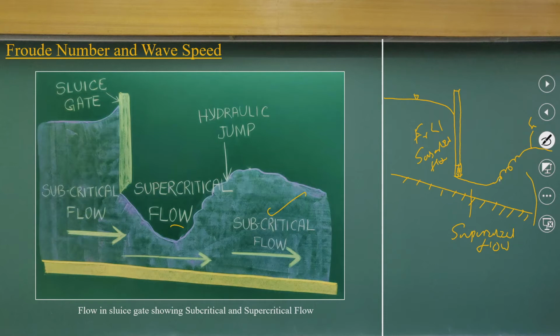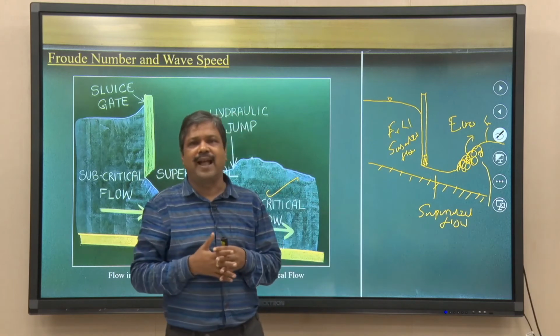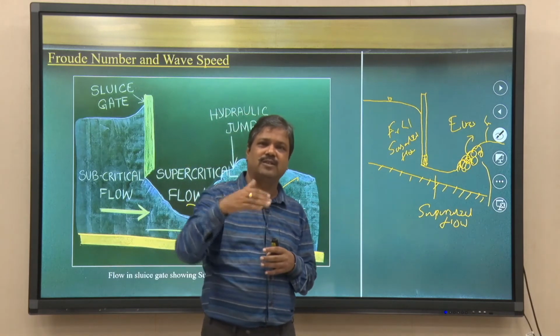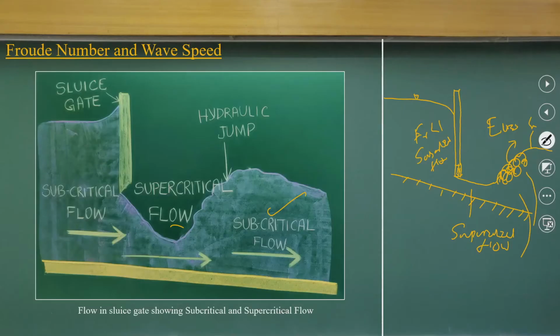In between, whenever a convergence of flow happens from the supercritical to subcritical flow, there will be a formation of eddies, and a lot of energy dissipation will happen. There energy loss will happen. The turbulence formation you can see just downstream of a dam structure, you can see the turbulence because of the formation of a hydraulic jump. Okay. This is what is called a hydraulic jump,